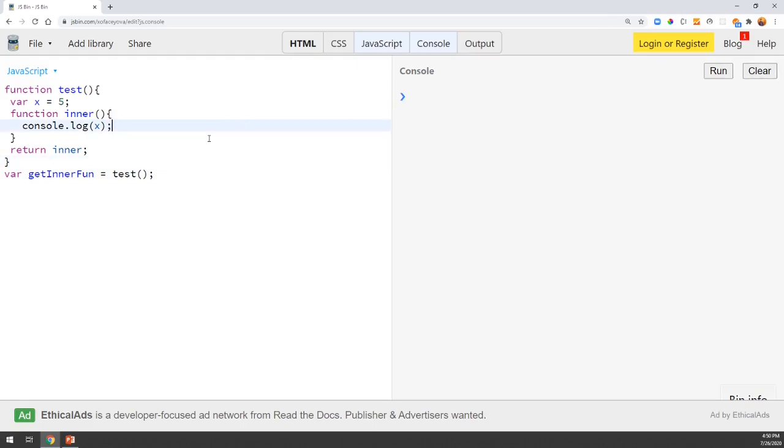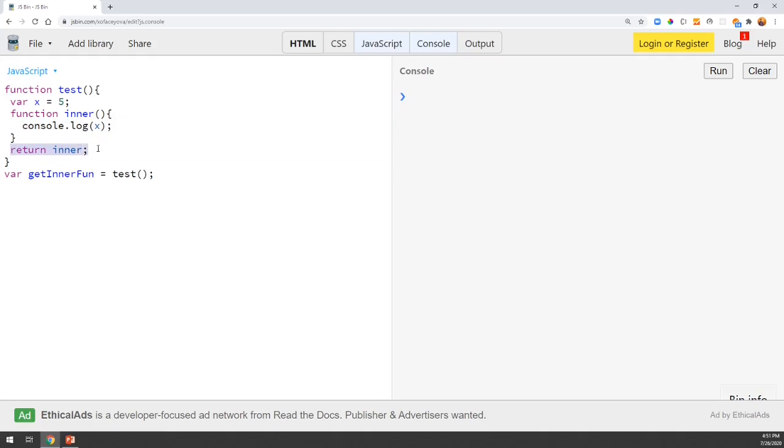Now here I have created a test function, which has a local variable x is equal to 5. Then we have an inner function which logs the value of x. Then we are returning that function.